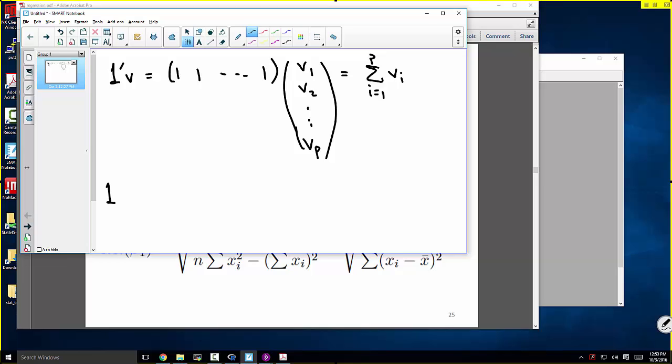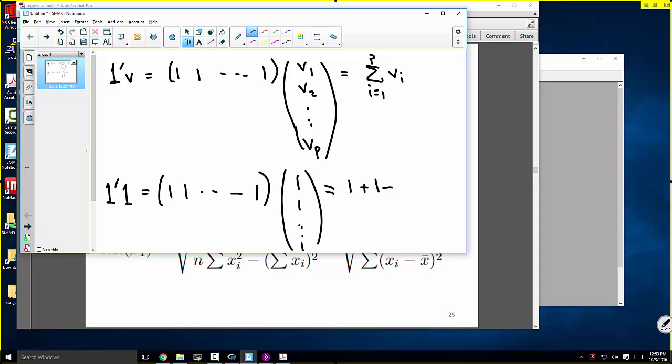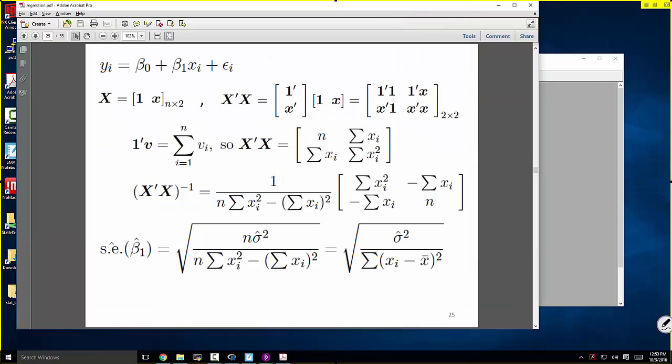One special case of that would be 1 transpose 1, with 1, 1, 1, 1, which would just be equal to 1 plus 1 plus dot, dot, dot, 1, p terms, equal to p. Back in our slides, in x transpose x, this 1 transpose 1 is n in this case, because we have